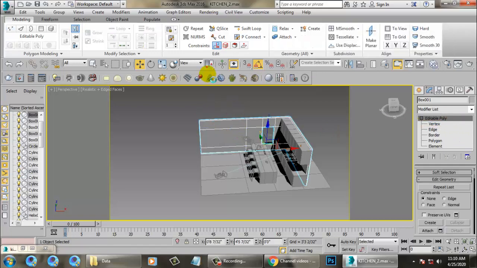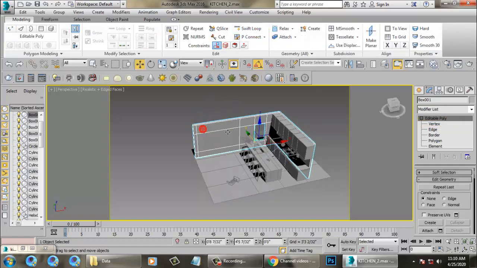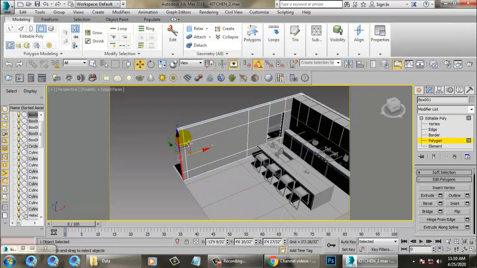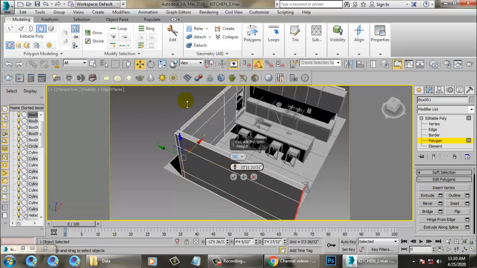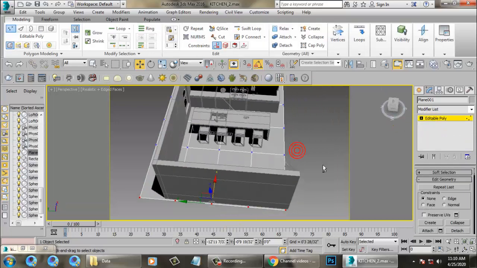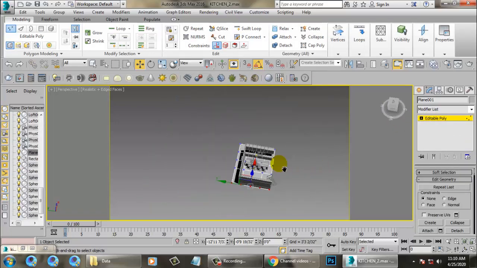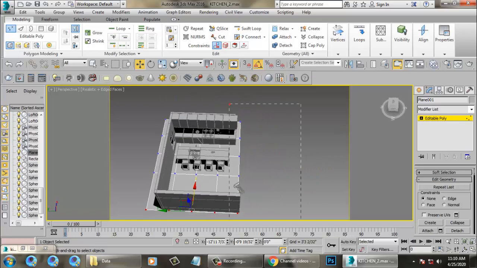Save your file. Let's put one smooth group over here. Select this all and extrude it till here. Perfect. Select the vertices and push it out.